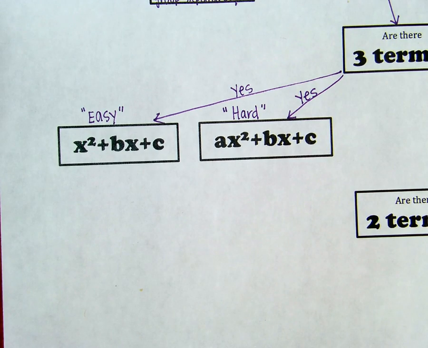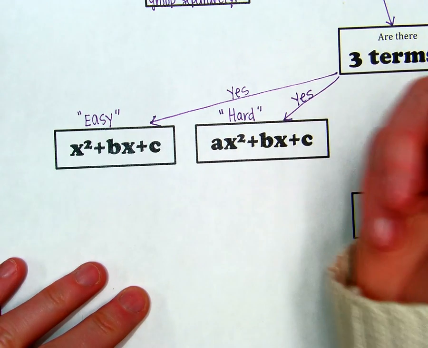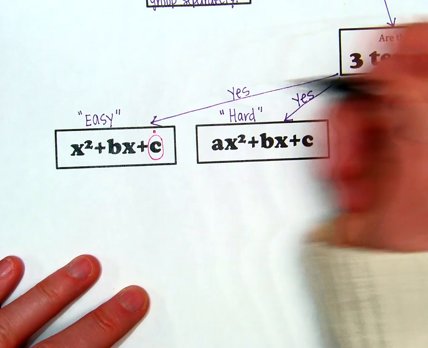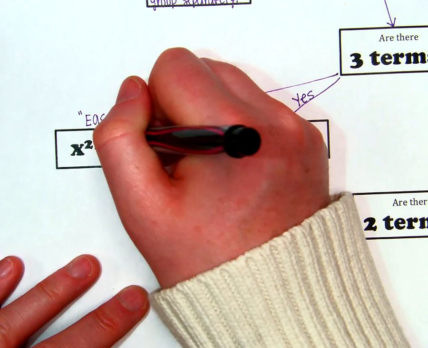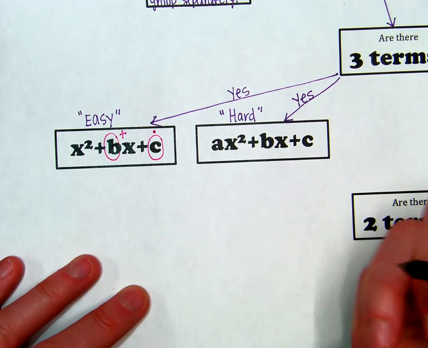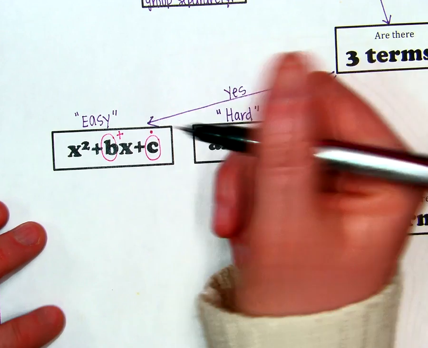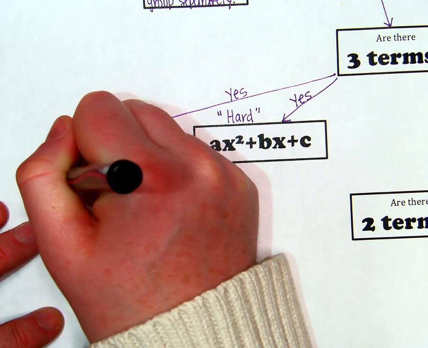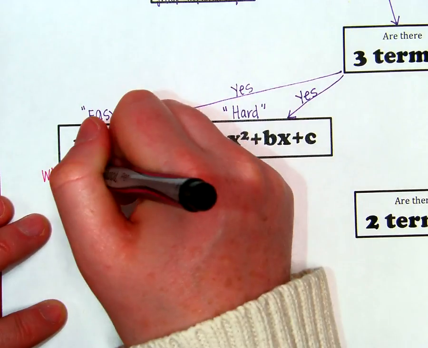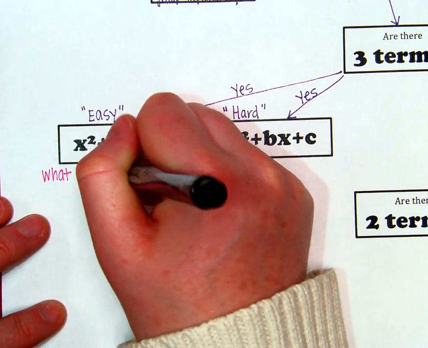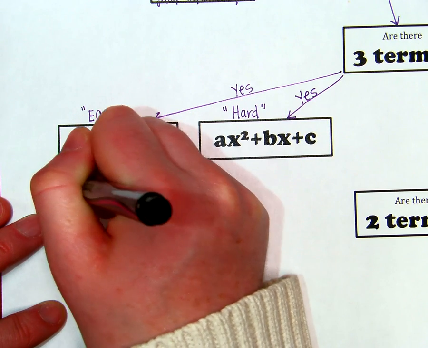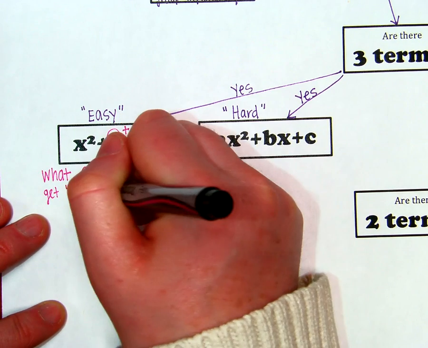Now, with these, the easy ones, you're always going to look at what your times number is and what your add number is. So if you take a look here, whatever's written last, whatever number's in the C position, that's always your multiply number. Whatever's written here for your B number, that's always your add number. And then the question that you're asking yourself in your head is, what two numbers, so I want you to write here, what two numbers times to get C, this end number,